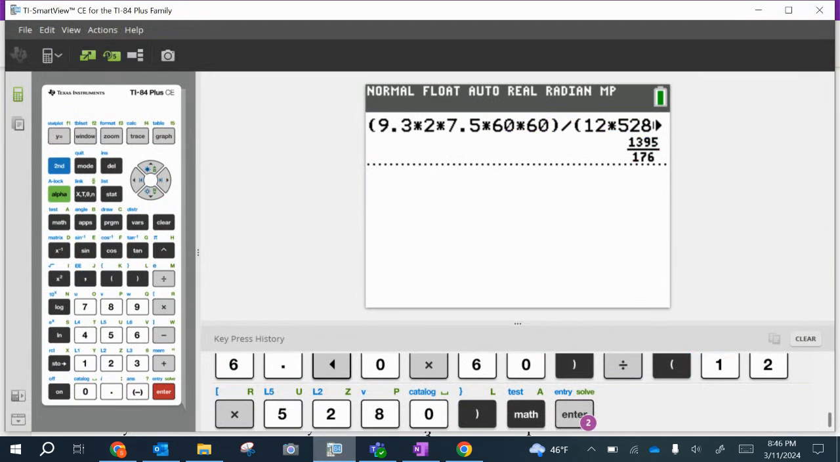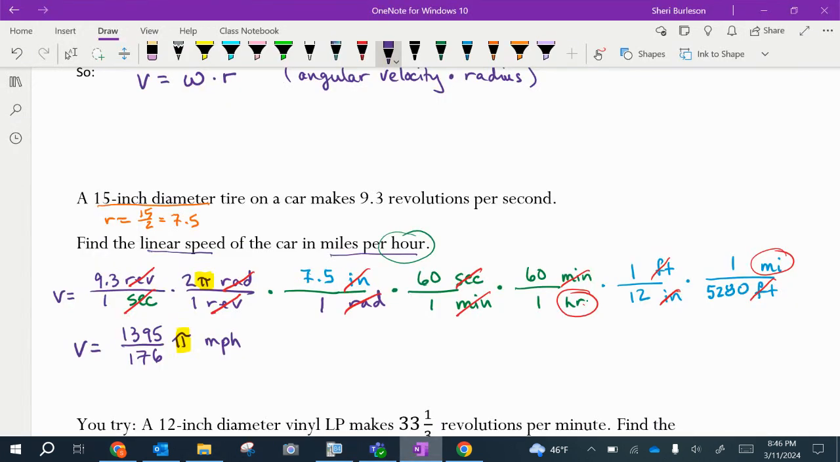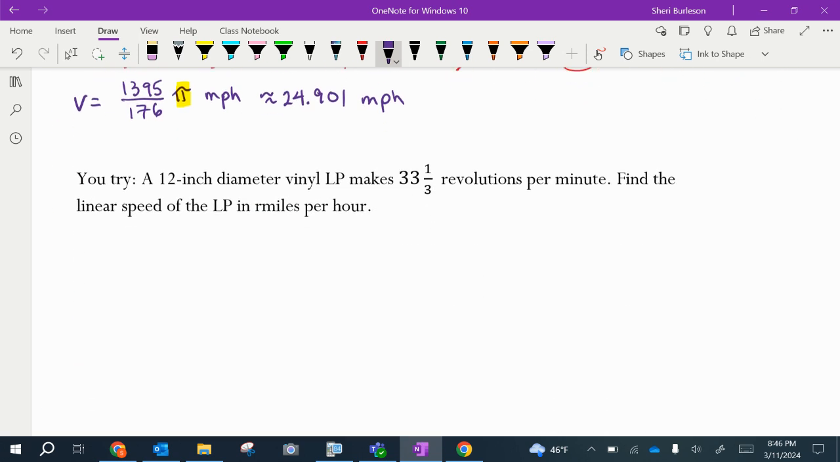So what I'm going to do is I'm going to take my answer and I'm going to multiply it by pi, so that now I can see my approximate speed is, I am going approximately 24.90. I am going to round to 1 miles per hour. So if you would like to try this last one, go ahead and pause your video and attempt to find in miles per hour how fast a,